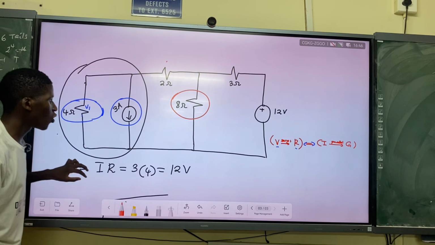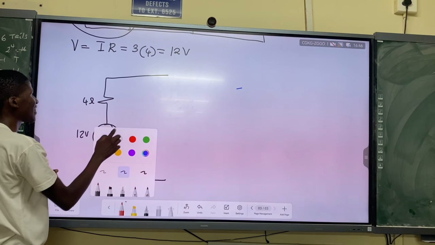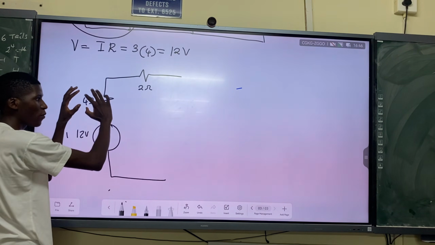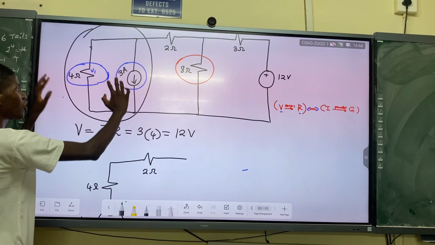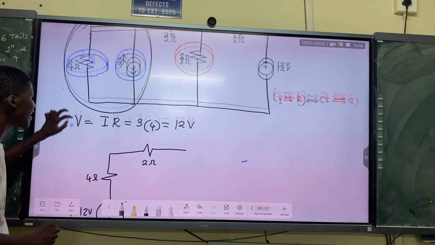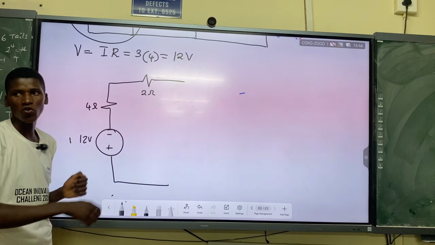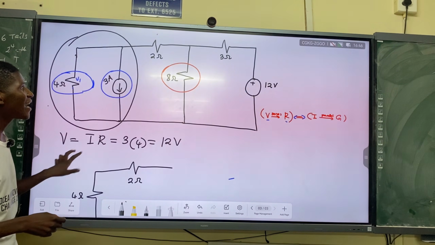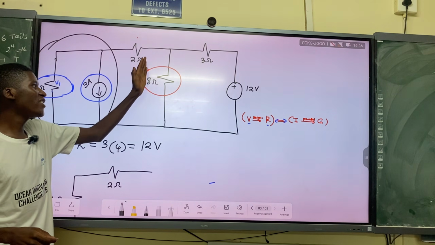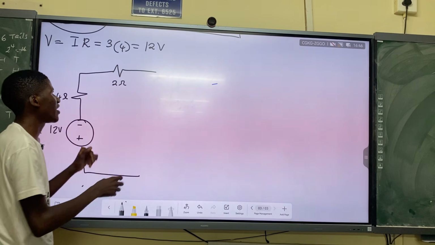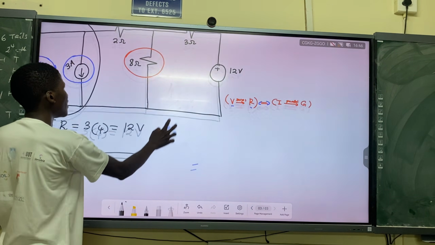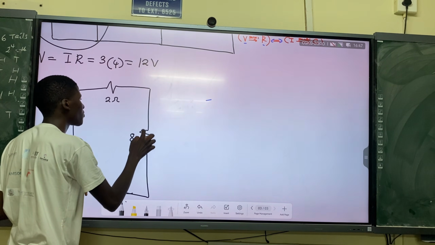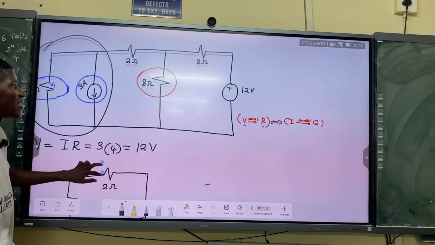So here we make sure the 2 ohms is in series. These 2 ohms are in series with the combination. Remember this one was connected to 2 ohms, and similarly this one is connected to 2 ohms. These are two equivalents with the transformed source. On the other hand we have the 8 ohms. This 8 ohms goes on its own, so let me just rewrite it on its own. You just draw the circuit and don't get tired. So you have redrawn it.